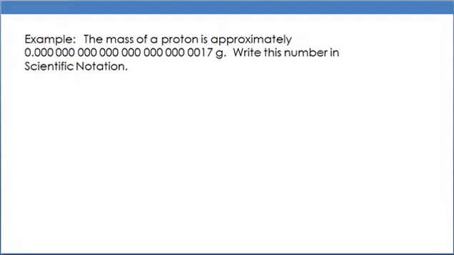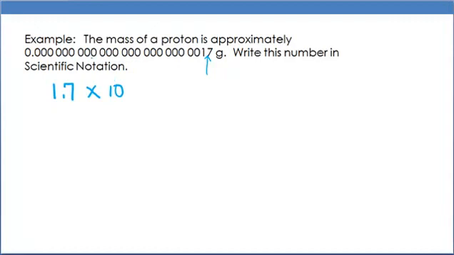Let's look at one more example where we can see the advantage of writing in scientific notation. The mass of a protein is approximately, and we see this extremely small number. Write this number in scientific notation. So our first job is to find the place for the decimal. It's going to go between the 1 and the 7. So we'll have 1.7 times 10,